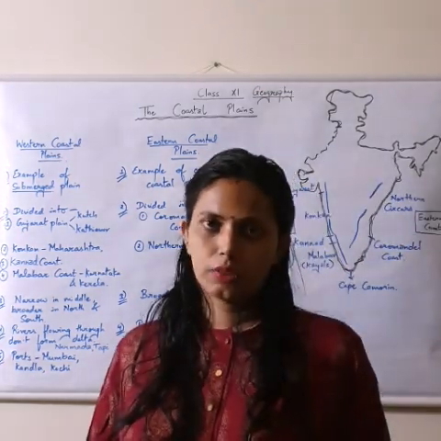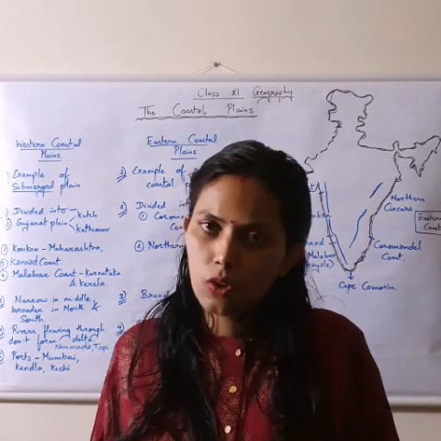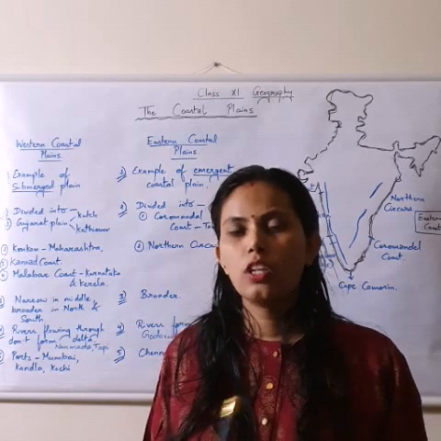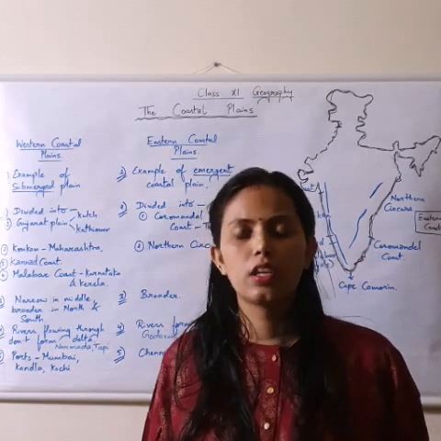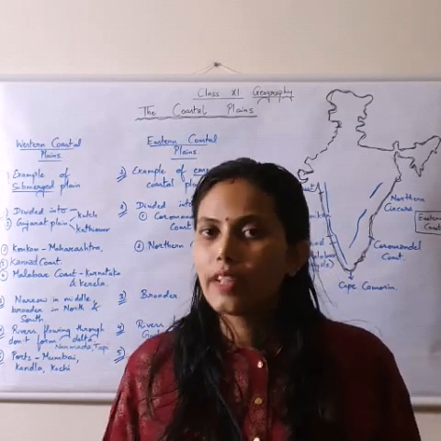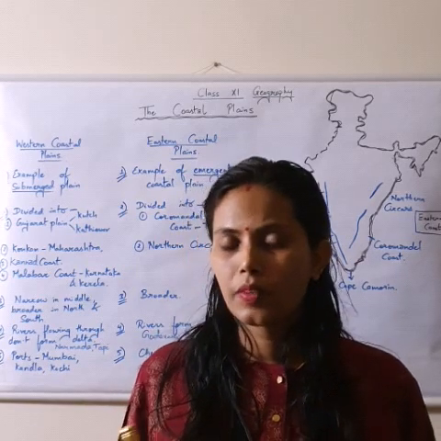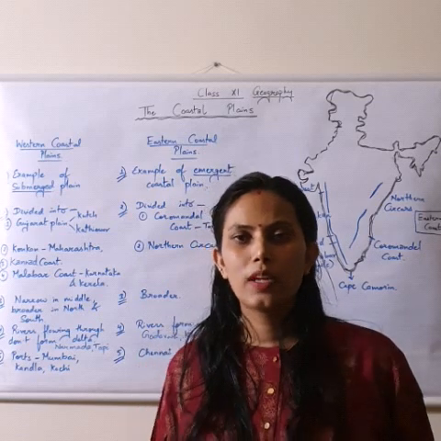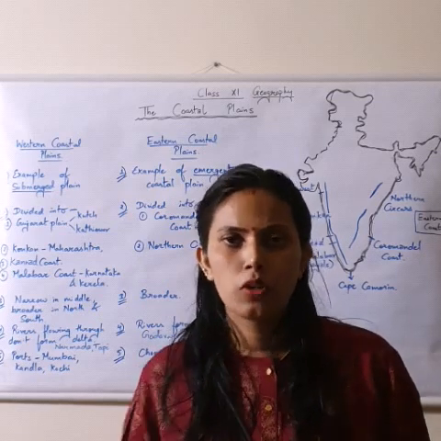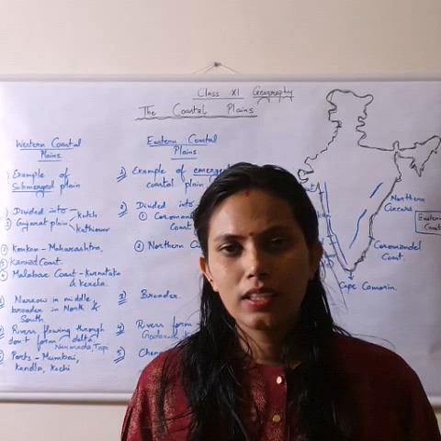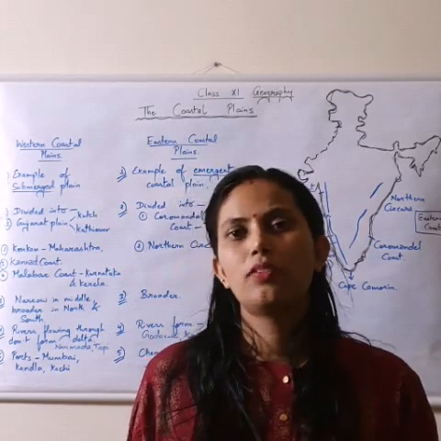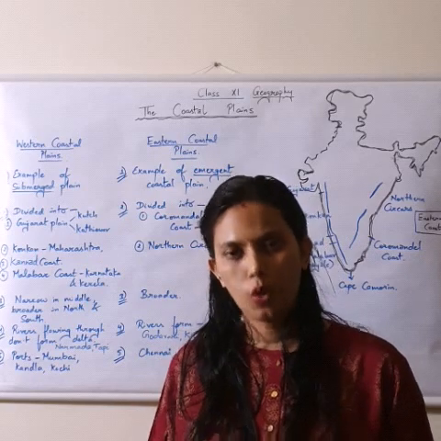Now another difference between the western coastal plain and the eastern coastal plain of India is, you can just name the ports. So that will be another point of difference. The ports on the west coast of India are, you can just name any, there are numerous, you can name a few major ones like Kandla Port, Mumbai Port, Kochi, Thiruvananthapuram. They are all on the western coastal plain. On the eastern coastal plain we have Chennai, Visakhapatnam, Kolkata.